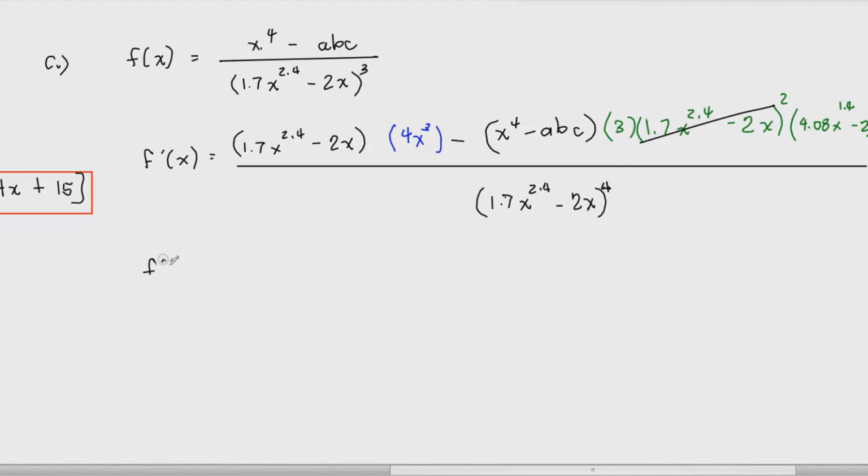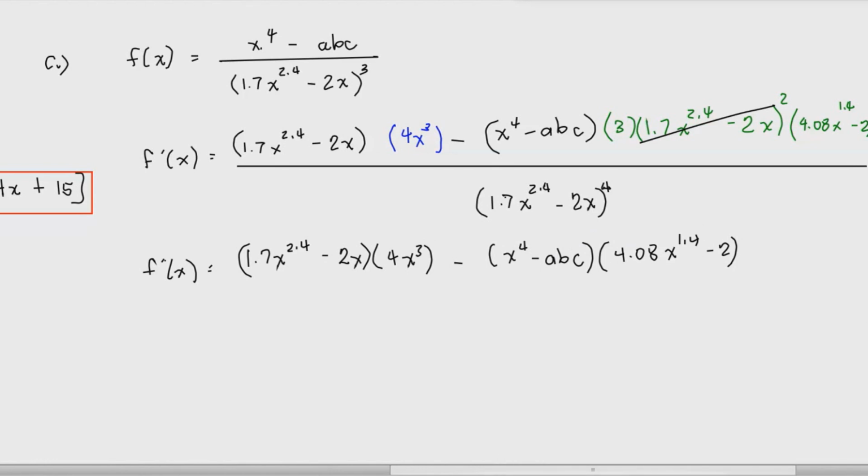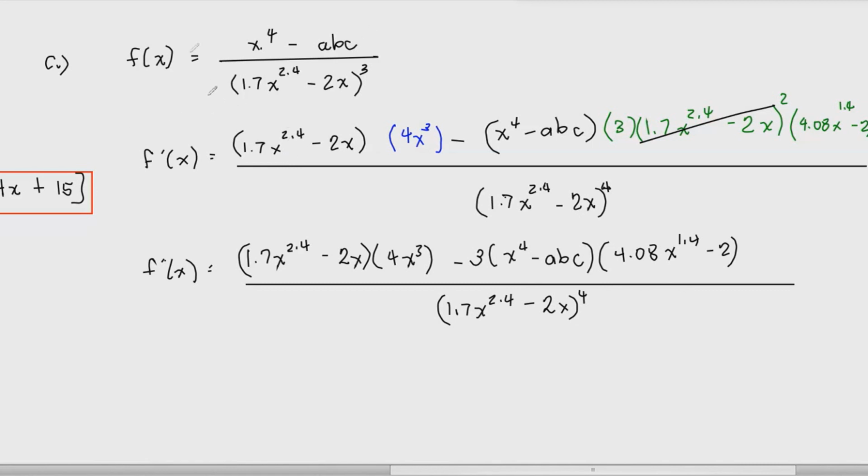Okay, so in short, the answer can be rewritten as this, the simplified form, I guess. So we have 1.7x. Okay, so this is our final answer for this equation here. If you wanted to simplify further, the only thing you can do here is